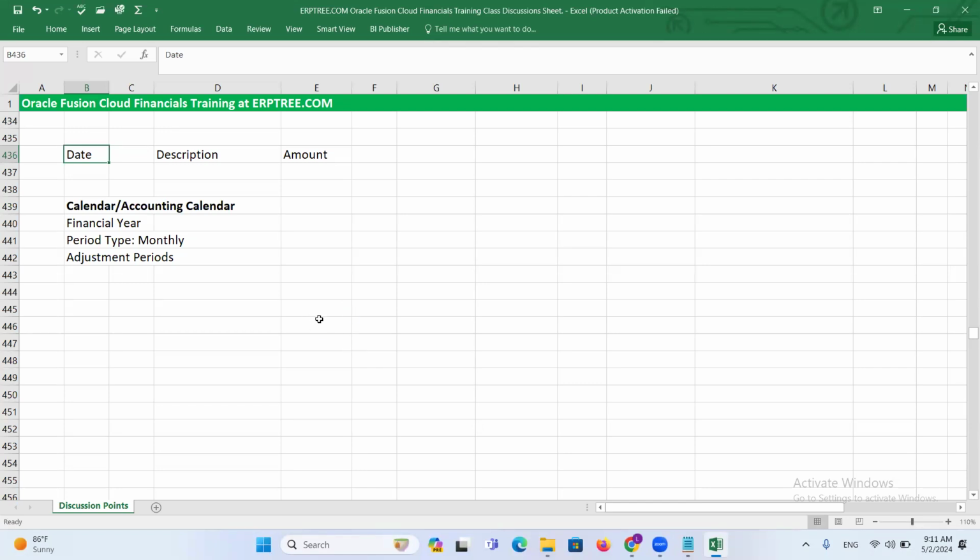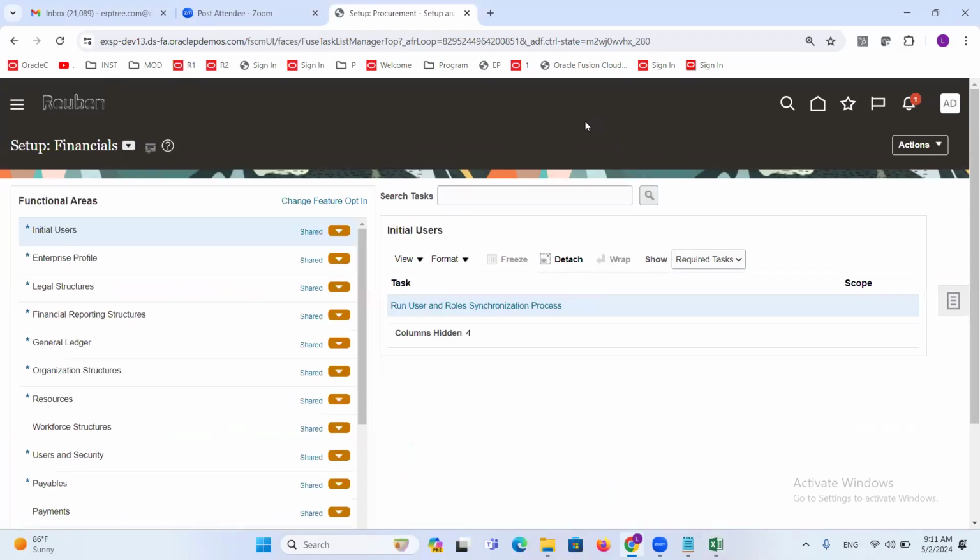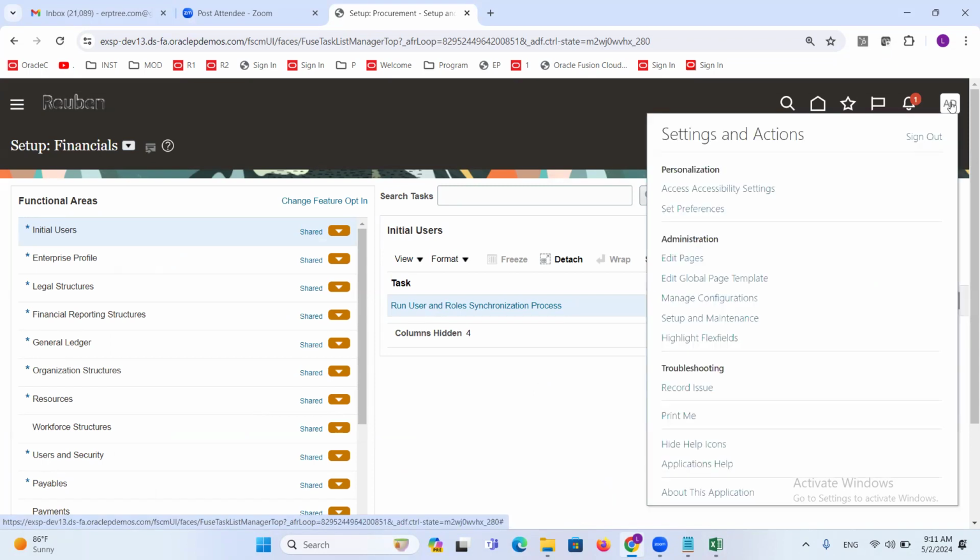Fine. So now we'll go and create the accounting calendar for a specific country. Go to our instance. Now to create an accounting calendar in the system, you have to go to FSM. Already we are on the FSM page, but we'll take the navigation once again. If you want to create a calendar in the system, click on username and click on setup and maintenance task,